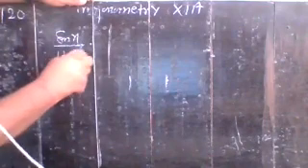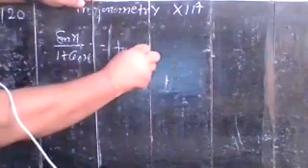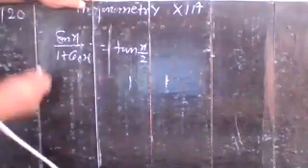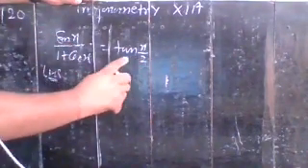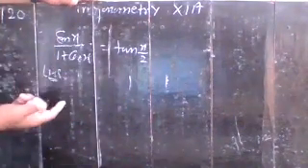Prove that sin x upon 1 plus cos x is equal to tan x by 2. So here you take the left side. Now if you see the result, here you have angle x and here x by 2 with the function. So no doubt here you have to apply the half angle relation.